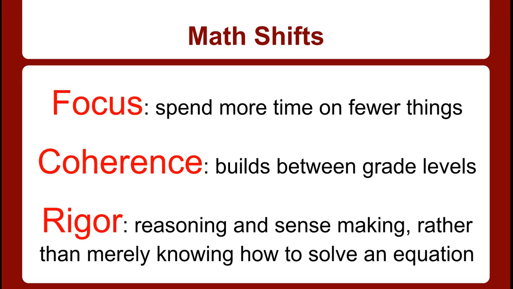The third shift is rigor, reasoning and sense-making, rather than merely knowing how to solve an equation. This means that teachers are challenging students to solve problems using various strategies that involve reasoning and making sense, often involving multi-step solutions. Many students like to be able to solve problems quickly using a given equation and get the right answer. But Common Core math requires students to endure a productive struggle with more complex math problems, developing their